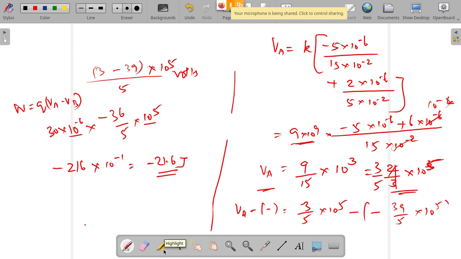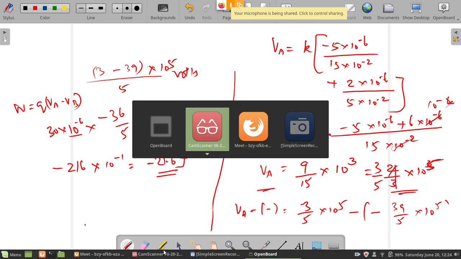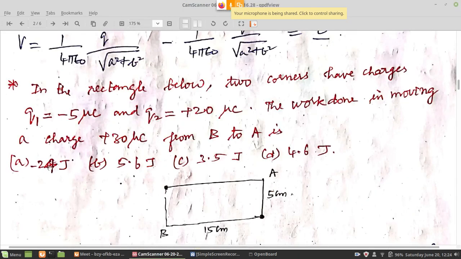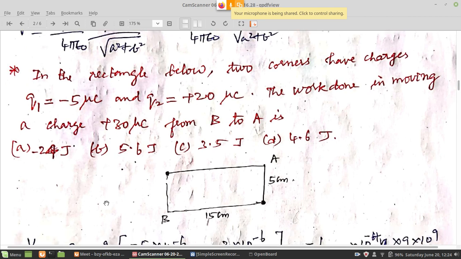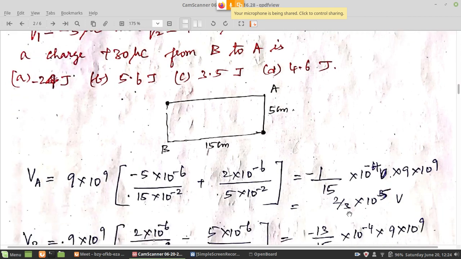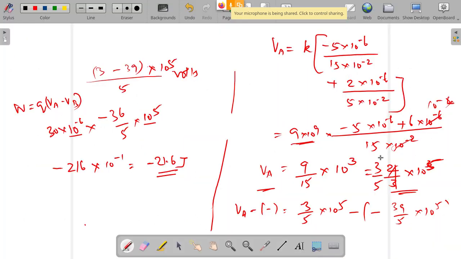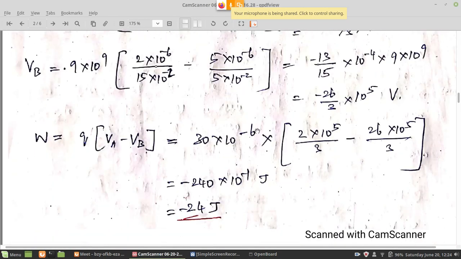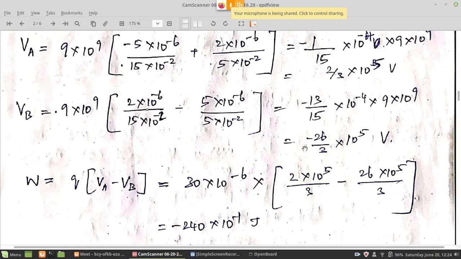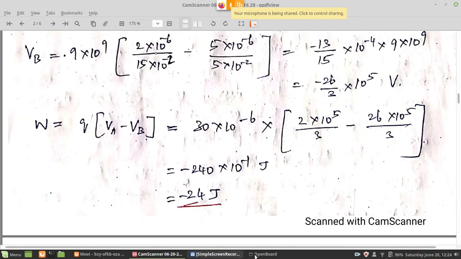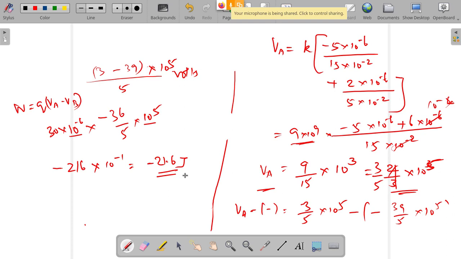You just verify whether the numbers are all correct. I think everything is now correct. So the answer among the choices, I think the first choice, I corrected actually, because while calculating I made a 2 by 3 mistake. This 3 by 5 I again took for some reason as 2 by 3 here also. So if you do 2 by 3 you will get minus 24. But the actual answer turns out, because that is 3 by 5, the actual answer is minus 21.6 joules. This is the answer.